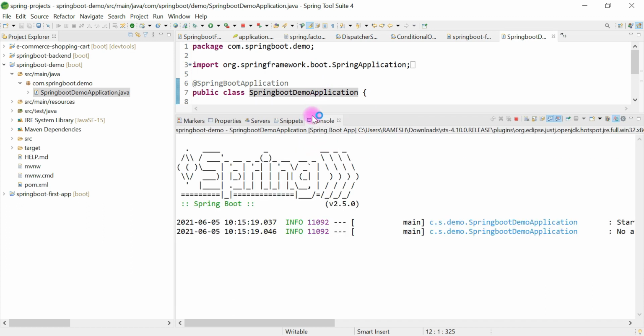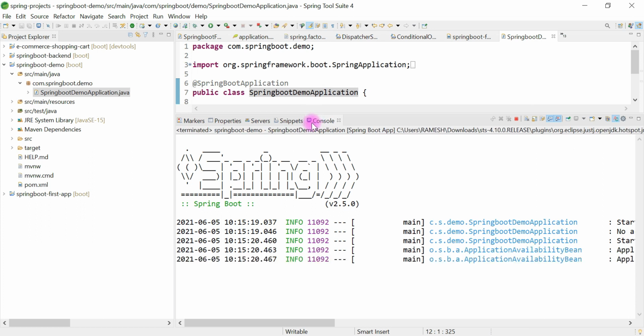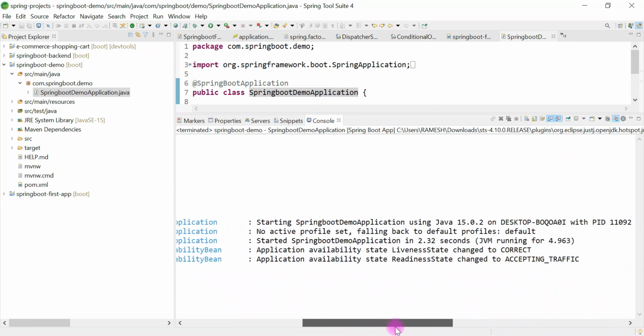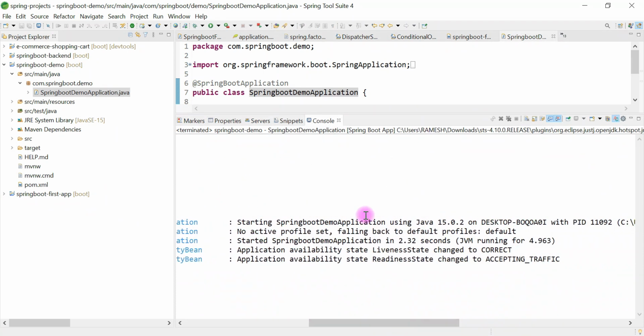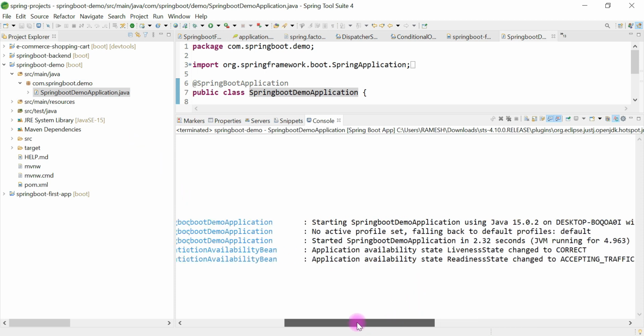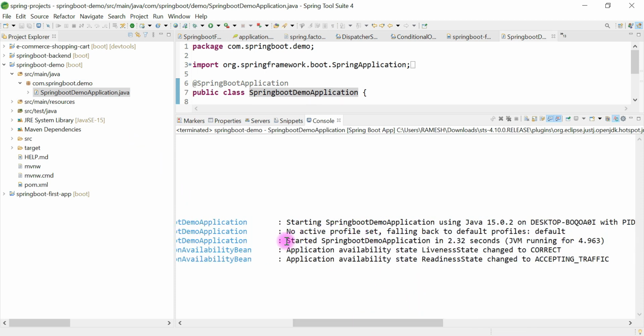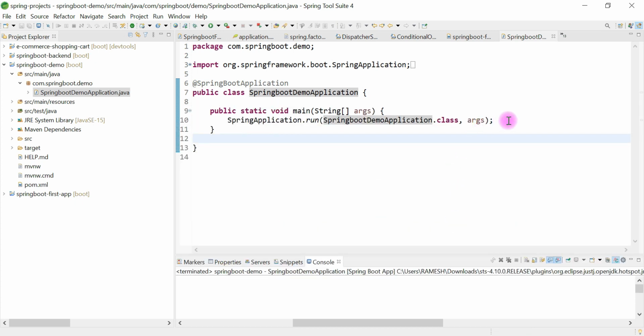Now this application immediately terminates because we haven't added the Spring Web Starter dependency, which provides the embedded Tomcat server. Okay, so this project we have generated as a standalone. So as soon as we add the Spring Boot Web Starter dependency in the pom.xml, then our Spring Boot application will run on an embedded Tomcat server. So look here, our Spring Boot application successfully ran, and it means that we have successfully created a Spring Boot application using Spring Initializr, and we have imported it in Spring Tool Suite IDE.